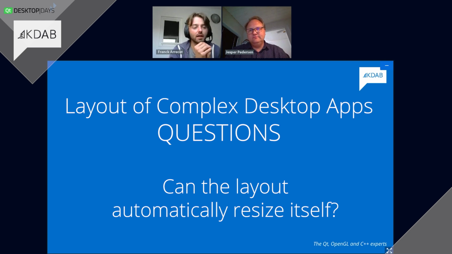That's actually why I said that we wouldn't cover the aspect of resizing, because there are ways to do that. It depends if you are an author or a consumer of an existing widget. Basically, what you could do is define the policy of your widgets to say, when I'm within the layout and the layout is getting bigger, here is the amount of space I want to take.